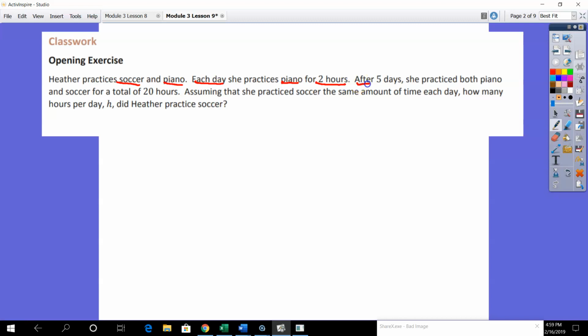After 5 days, she practiced both of them for a total of 20 hours. And we're assuming that she's practicing soccer the same amount of time each day. How many hours per day did she practice soccer? Okay, so